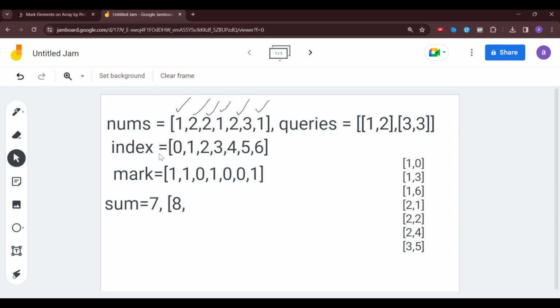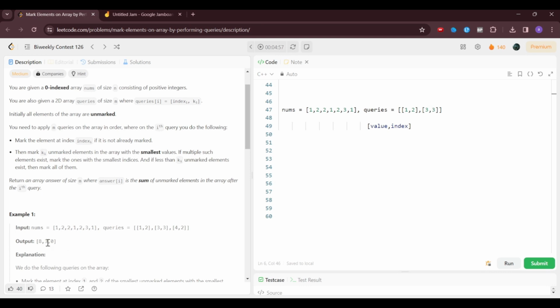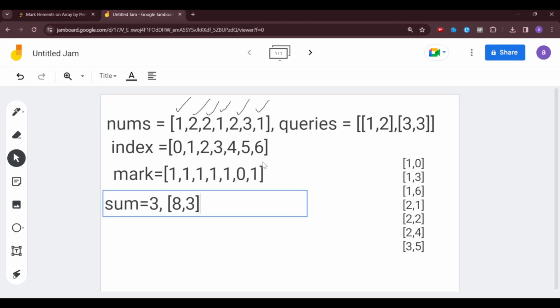After that we need to mark this 2 as 1, and then again this as 1, and then we need to remove these two and then this 2 from the sum. So 7 minus 2 minus 2, which will be 3. After that, this query is done, so we need to mark the sum as 3. So this will be our answer. So if we see, we have 8 and then 3. So for this particular case, we need to mark these indexes as visited,